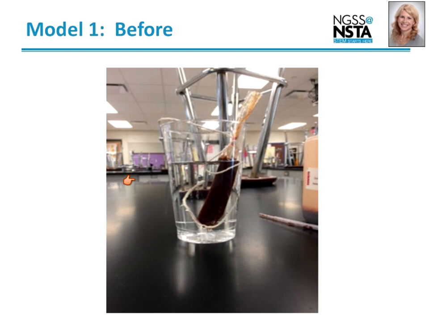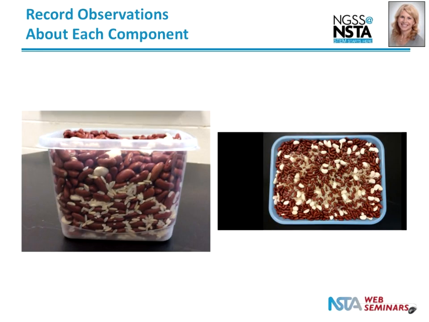And we started out with this model of the kidney. The students created this model of the kidney by placing fake blood into a dialysis bag and dropping it into a cup of distilled water. And while that was going on, we engaged with this model that the students call a bean model.